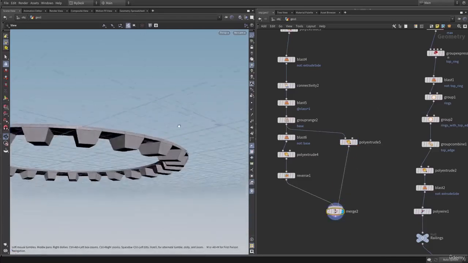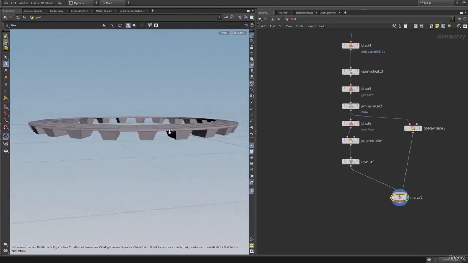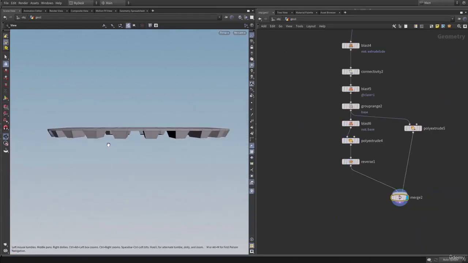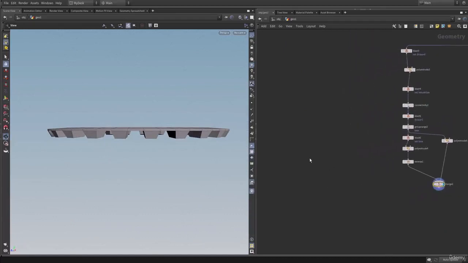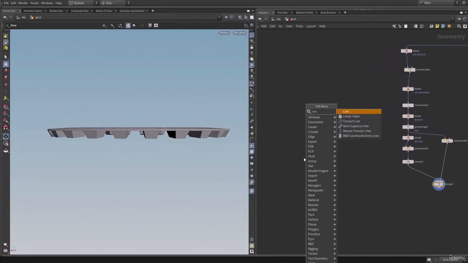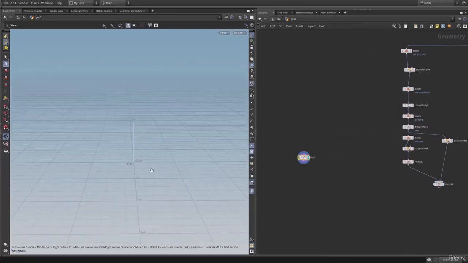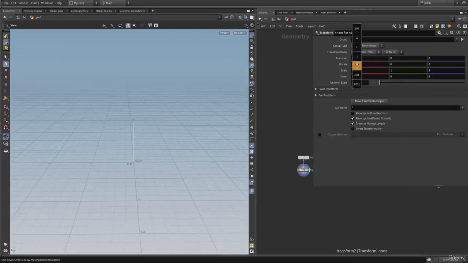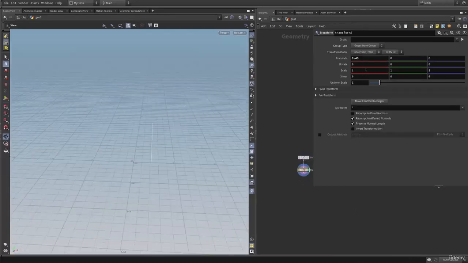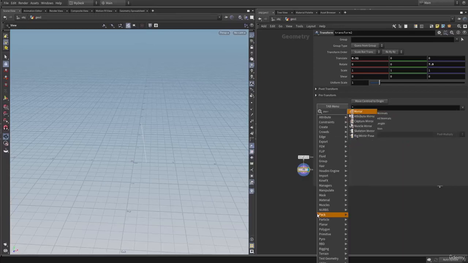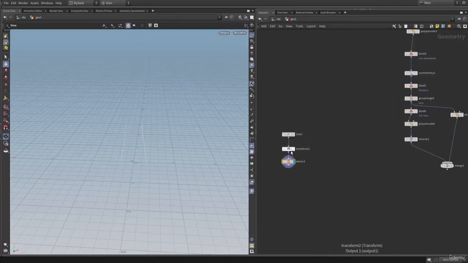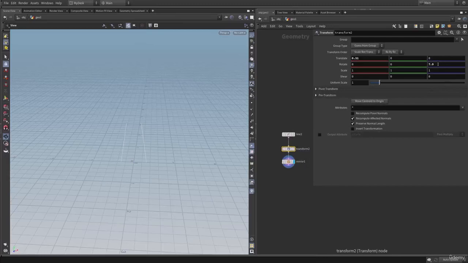Okay, so here we have the base, and now let's create the base pillars. So let's create a line. Here we have a line. Let's add a transform node, and let's move the line in the X. Okay, now let's add a rotation at the Z, and let's add a mirror node to mirror these pillars on both sides. Let's rotate them until they meet,